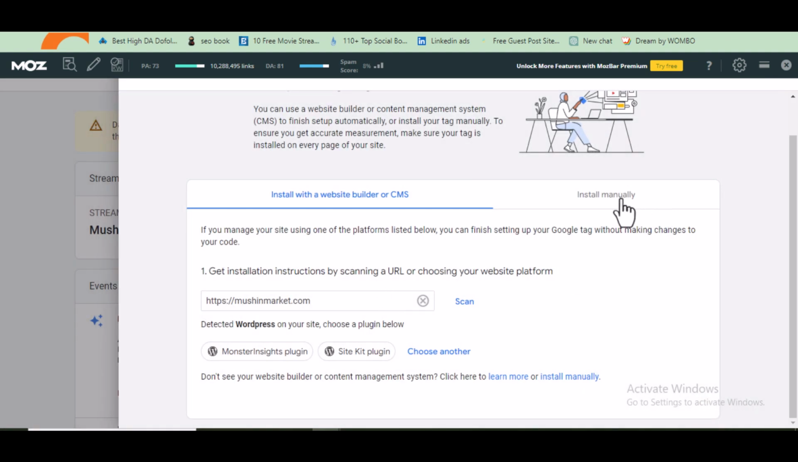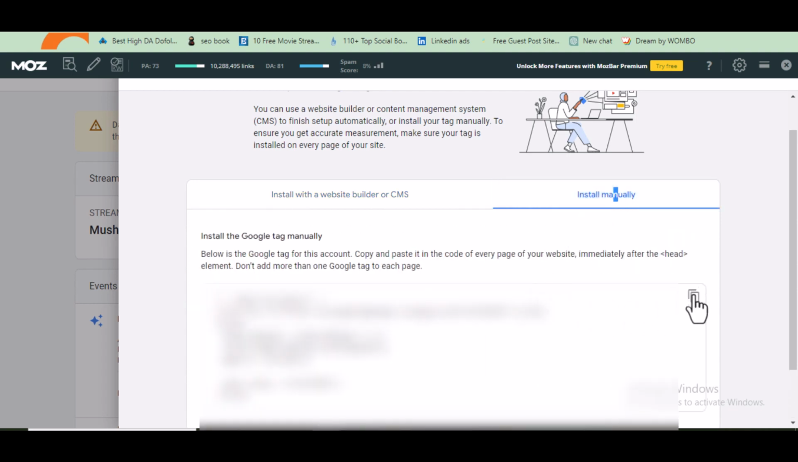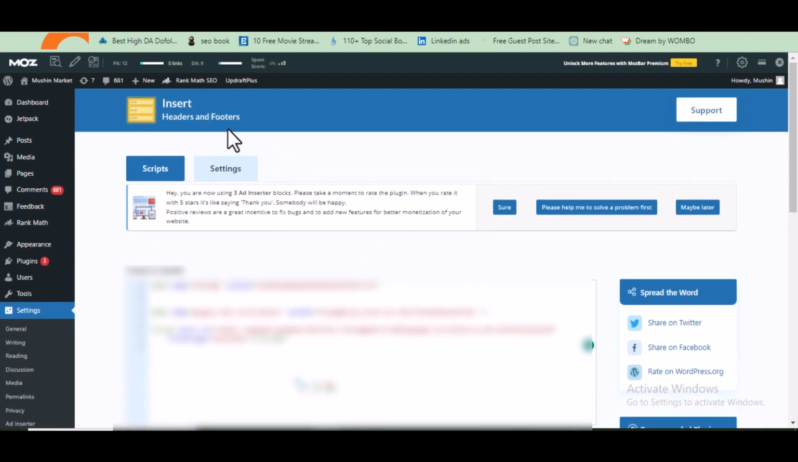I like to install it manually, so click on install manually, then copy this code, then go to your WordPress site or any other site you are using. This code is going to be pasted on the header of your site. So I'm going to go to the site I want to paste it on. For a WordPress site, make sure you install the headers and footers